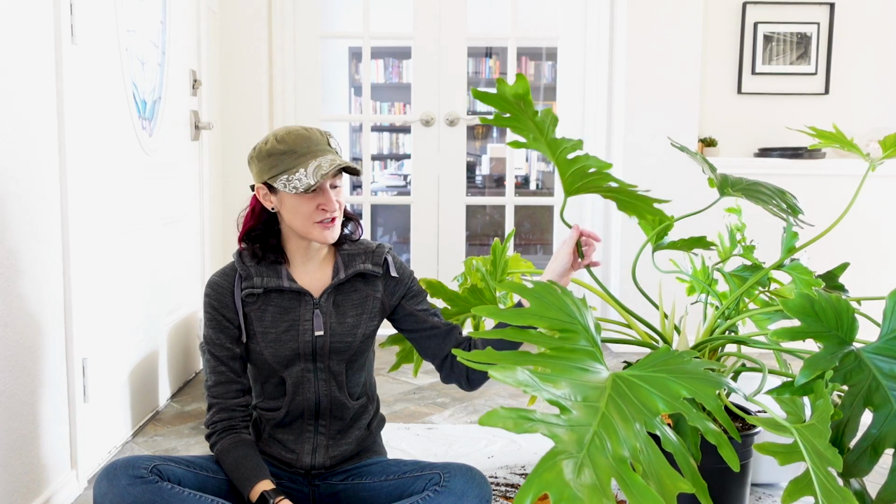Now, in this case, there's an interesting backstory to this specific Thaumatophyllum right here. So this is Thaumatophyllum bipinnatifidum, and originally this plant was misclassified as 2 separate plants instead of just 1 plant. So when it was in Philodendron, it was Philodendron bipinnatifidum, and then there was a slightly different growth pattern, maybe it grew slightly smaller than this version. And so because of that, and like I said, back in the day, they just had to go off their observations, it was determined that it was a completely different plant, and they named that one Philodendron